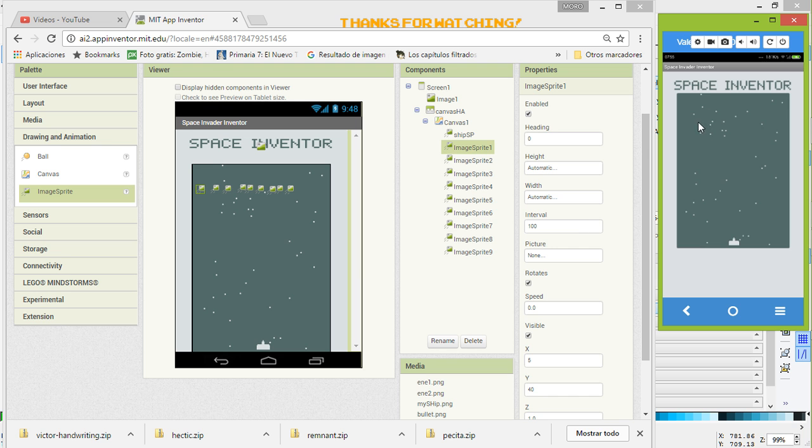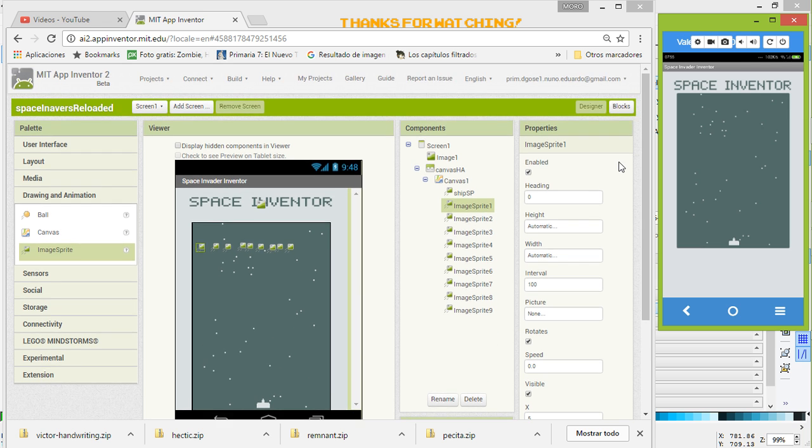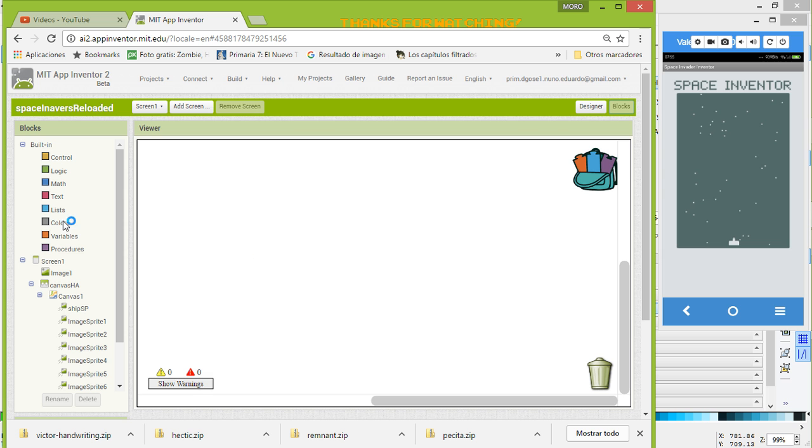So we have the 10 enemies that we have to fill in the screen. Well, I will show you later. First, let's add the enemies. To add the enemies, let's create a component of sprites of enemies. A component is basically just a group of sprites that are going to be affected at the same time. Well, we're going to use this group or list of sprites to modify instead of modifying one by one. For example, if I want to change the size of all the sprites at the same time, this is very useful. So first let's rename this to